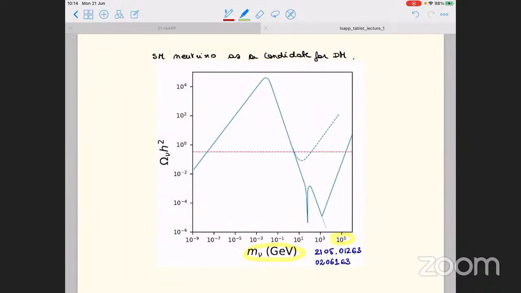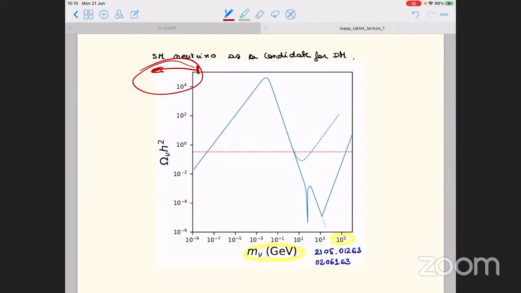And I fully agree with you. I mean, we have particle experiments constraints from Tritium beta decay that tell you already that the masses of the standard model neutrino should essentially be in that region, so at very much lower masses. But I really want to be very agnostic first and just see in general,